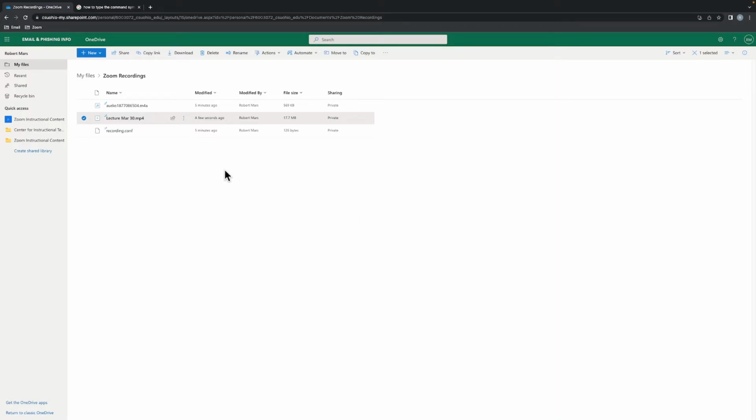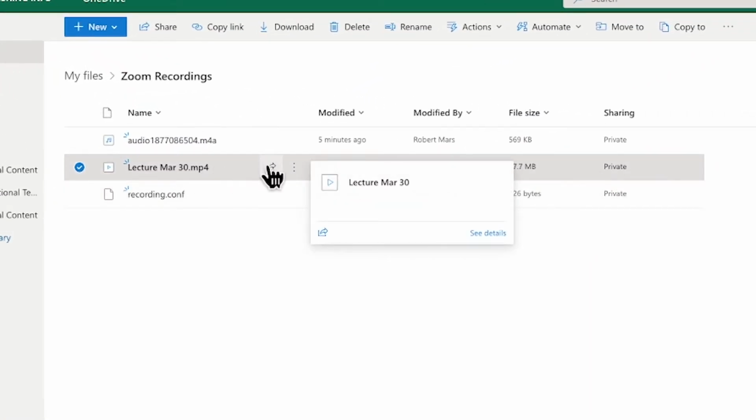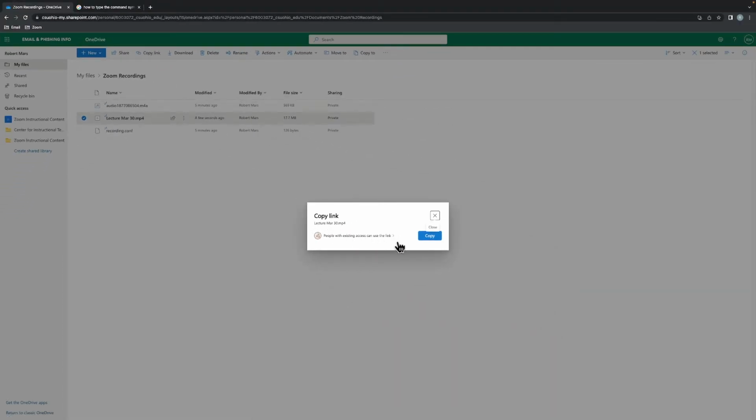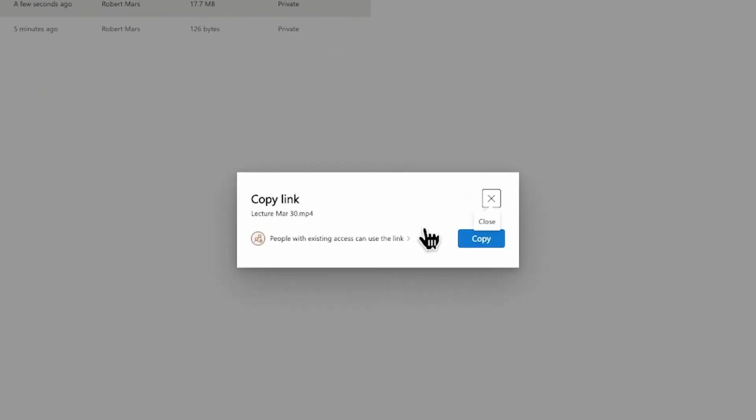Additionally, we can use the same method, mouse over our file and select the 3 vertical dots, but this time in the drop-down menu, we'll select Copy Link. This will copy a hyperlink of your file that you can then paste into an email or a chat to share with others. And here on the bottom of the box, if we select People with existing access can use